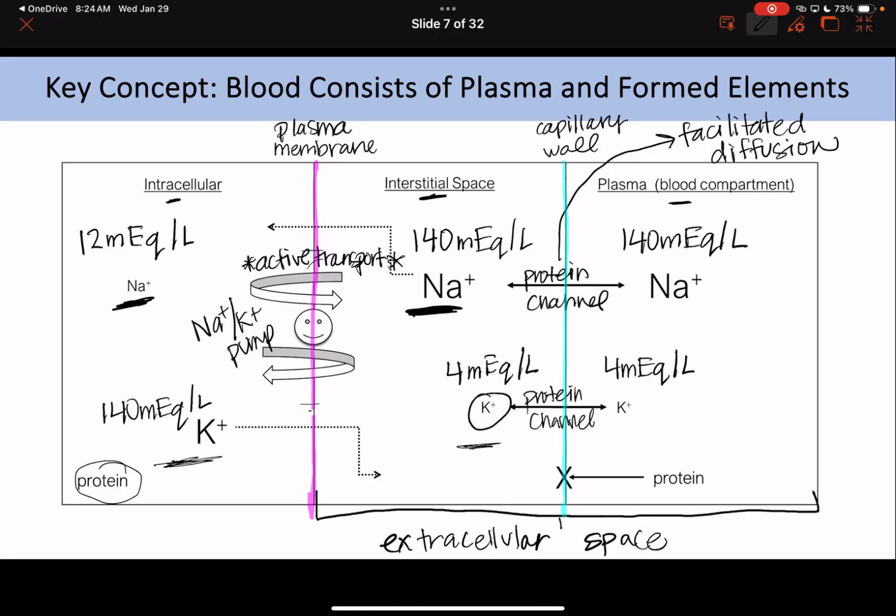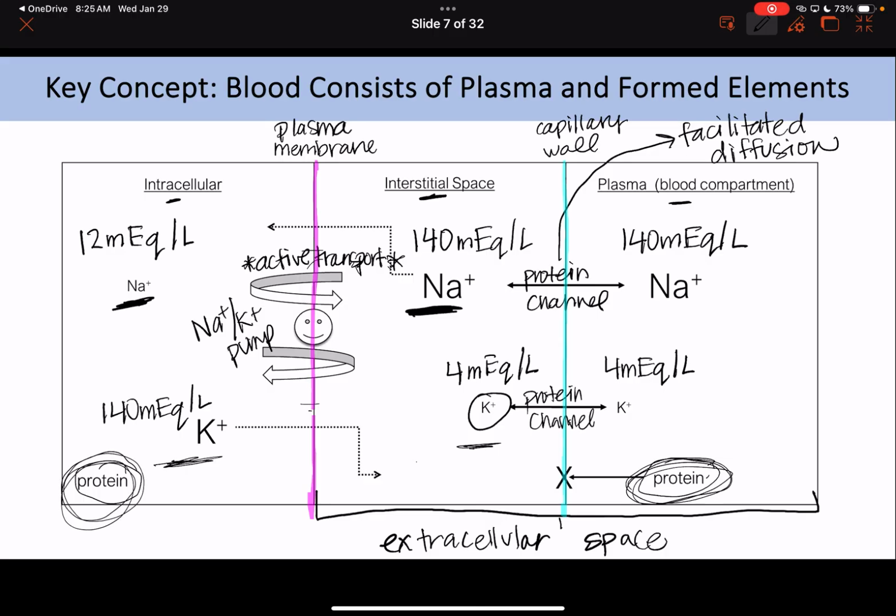We're also always going to have proteins in our plasma, in our blood, because our liver makes blood proteins for us that I'll talk about later. So our liver is constantly making blood proteins. We have something called albumin. We have something called fibrinogen, that's for blood clotting. We have things called globulins, and those are always going to be in our plasma, made by the liver. So we always have protein in the blood, always in the intracellular space,